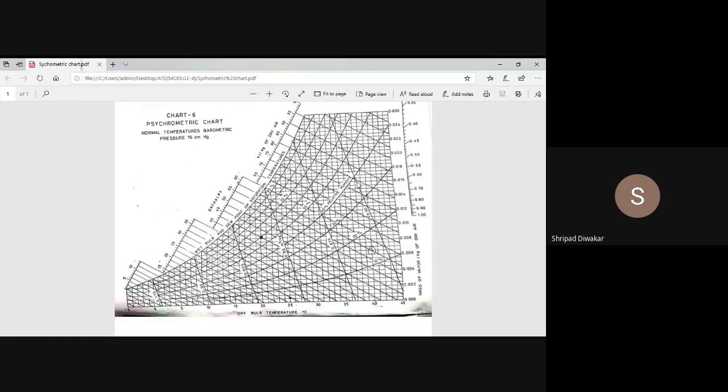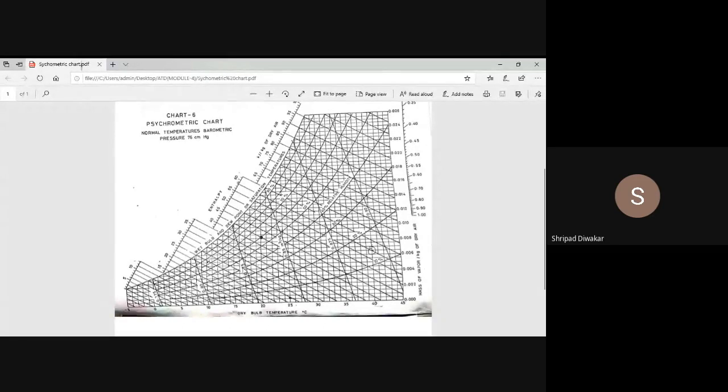Suppose in the previous example, I took 10 degree WBT and 20 degrees Celsius as DBT. 10 degrees Celsius is WBT, and you move in an inclined direction to where it curves, here it is 20 degree. So relative humidity is your 20%, very near to 20%. And you see one more line here, nearer to your intersection point. This is called a specific volume line.